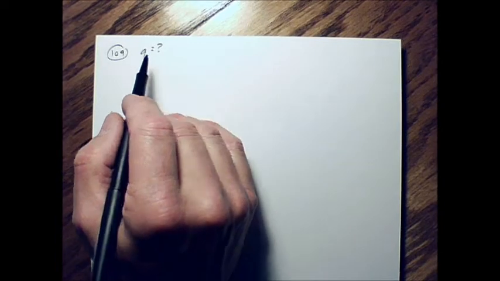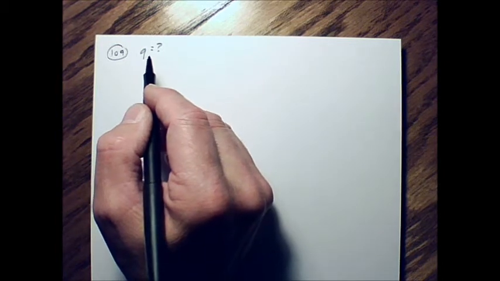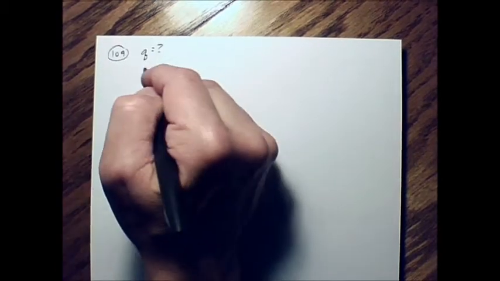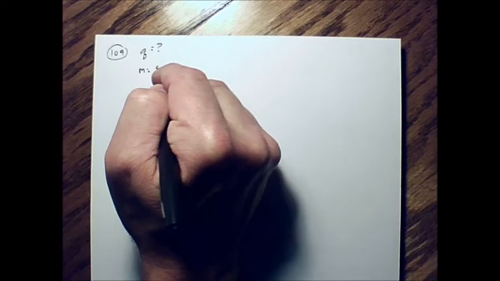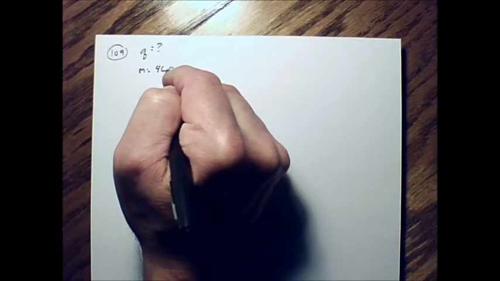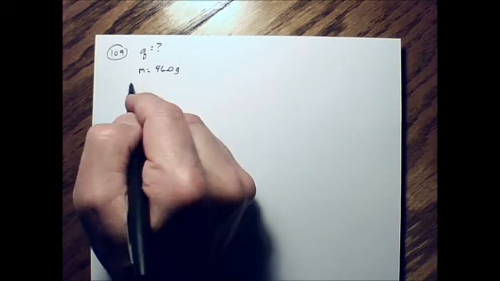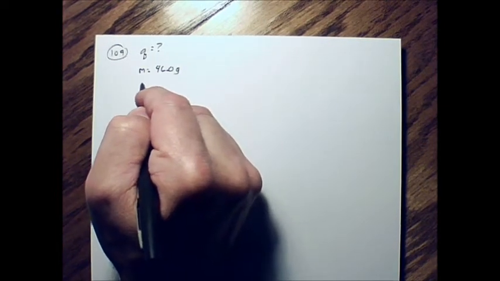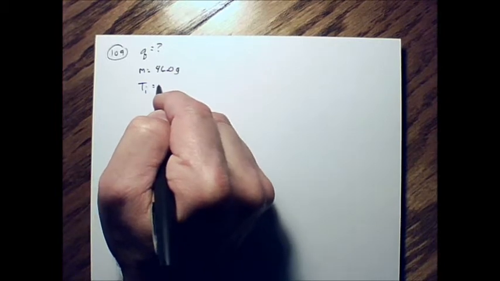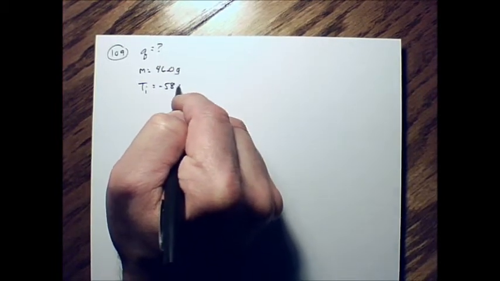So that's Q. That's our energy factor. Here's problem number 109, and it's asking how much energy is required. That's this Q, the symbol for it, required to change the temperature of a 46 gram sample. So we have a mass of 46.0 grams from an initial temperature of negative 58.0 degrees C